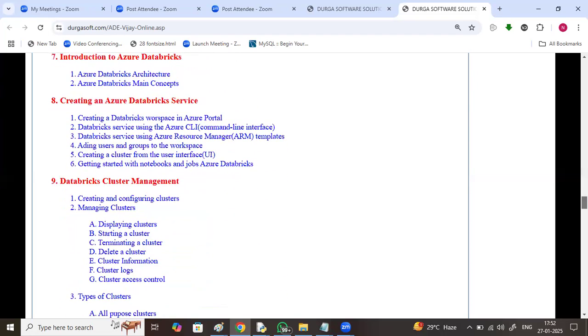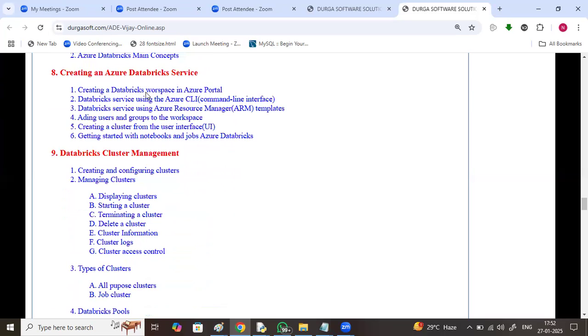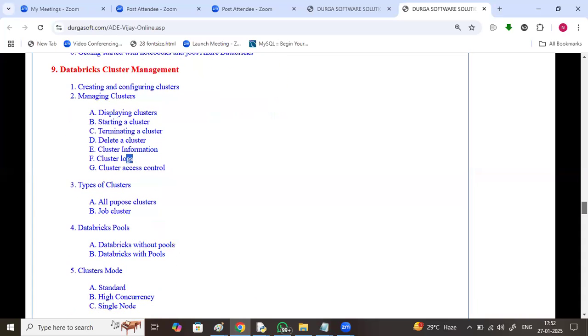to this Azure Databricks service, creating Databricks workspace, Databricks service using Azure CLI, adding users in groups, creating a cluster, starting with notebooks in Azure Databricks, displaying cluster, starting cluster, terminating a cluster, deleting a cluster, cluster information, cluster logs, cluster access control, types of clusters, all-purpose cluster, job cluster, Databricks pools, Databricks without pools, Databricks with pools,